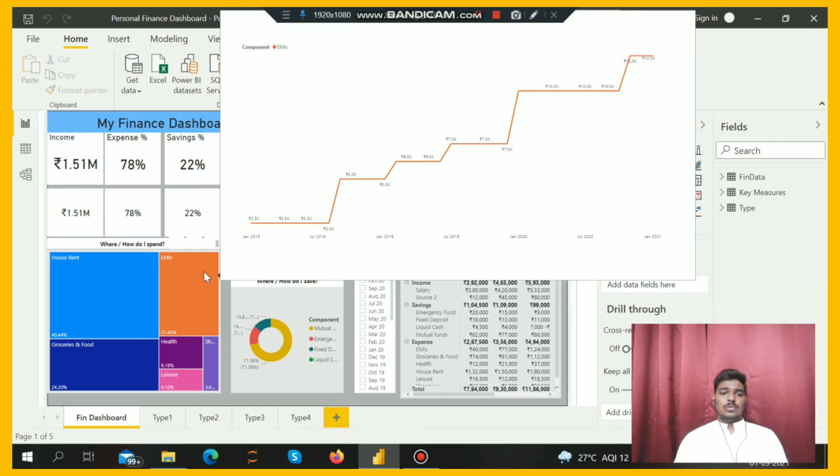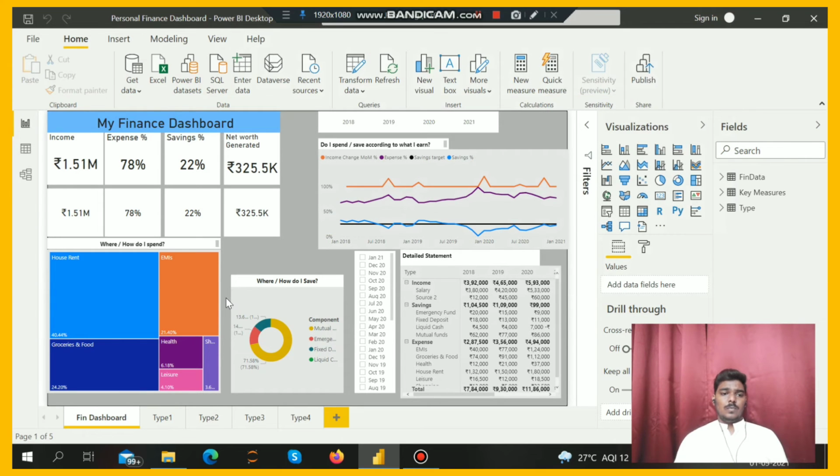The next visual we see is an area chart. What does the area chart mean? It shows where and how I spend, on which things we have to spend our money. House rent, we spend lots of money on house rent. Then EMIs are next, then grocery and food, then health, luxury and all those things. Home rent takes 40.4% of the area, so that is big. The area chart is very useful to quickly see how much area something takes. That's the bigger part.